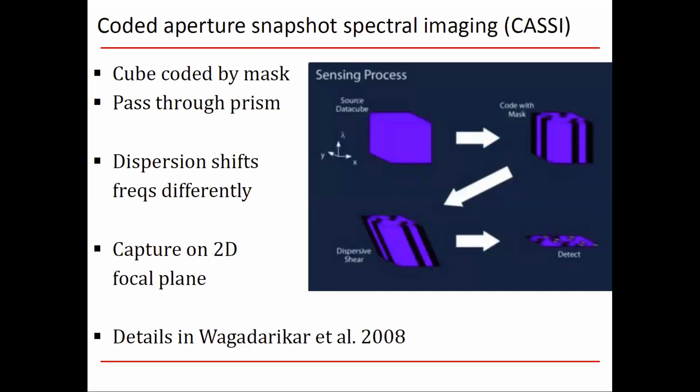sensing. Now, the way we're acquiring this, as I briefly mentioned earlier, is using a scheme called CASSI, or Coded Aperture Snapshot Spectral Imaging. The idea is that you encode the hyperspectral cube with a mask, and you pass your hyperspectral image through a prism, and the prism creates a dispersion effect. The dispersion effect has the property that different frequencies, different colors, are moved spatially to a different extent. Therefore, on a 2D focal plane, we're going to have stacked versions